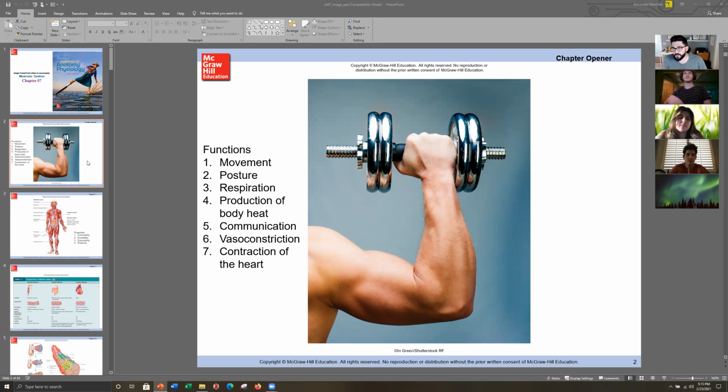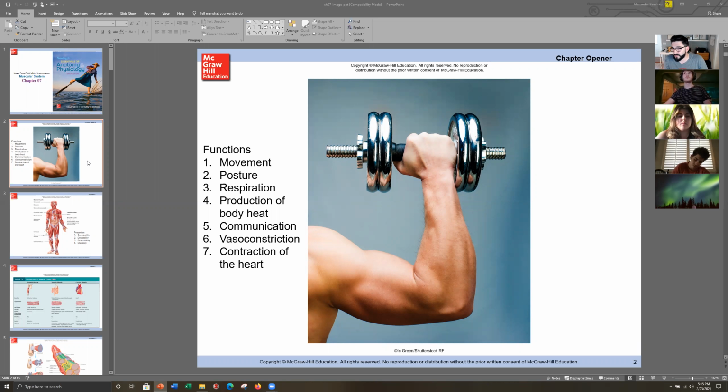So what the heck do we use muscle for? Well, one of the first ones is pretty obvious: movement. Without muscle, we would just be these fleshy bags of bones and organs. We wouldn't be able to interact with our environment. So we've got muscle for that. We use muscle for a variety of different things, going along with movement, things like posture, things like production of